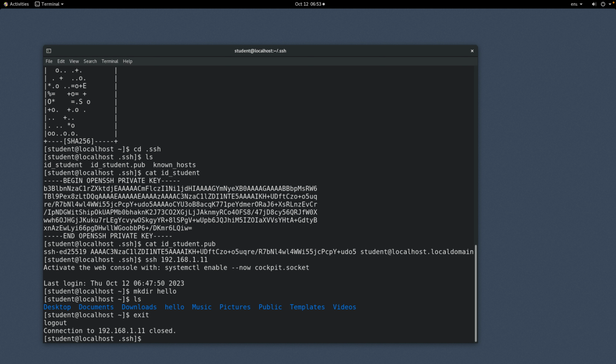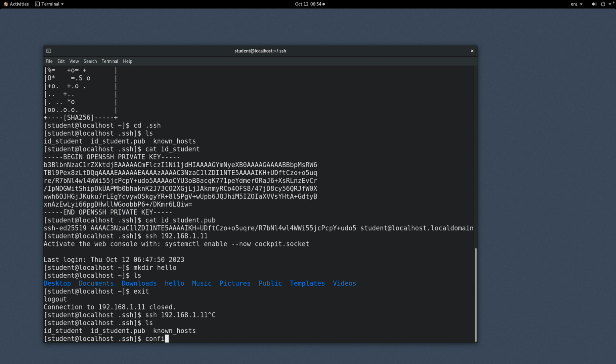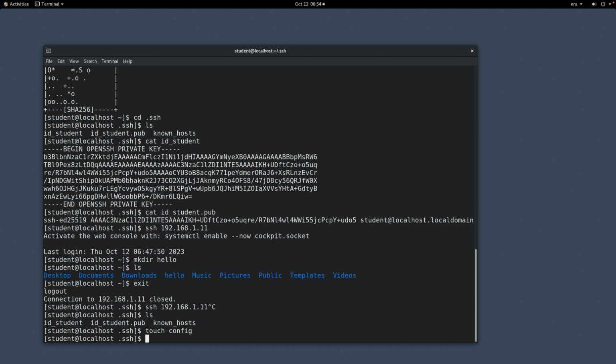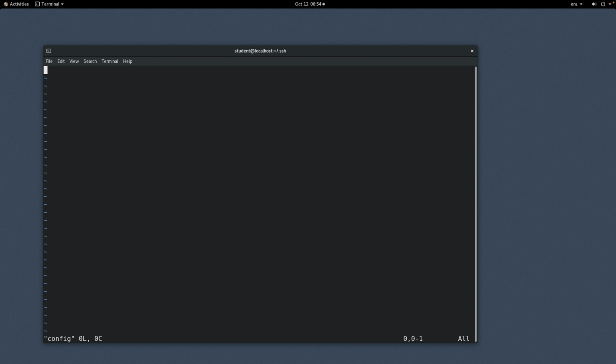And so yeah, but the connection we did here is actually done by just typing the IP address of it. As a human, I don't find remembering all these numbers very comfortable. So to avoid that, we can create a config file, touch config. I actually don't know if you need to change the permission, but I'll just change it anyway. It's like how you configure Apache. You write this config file to